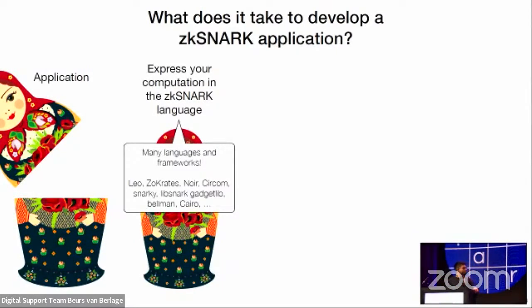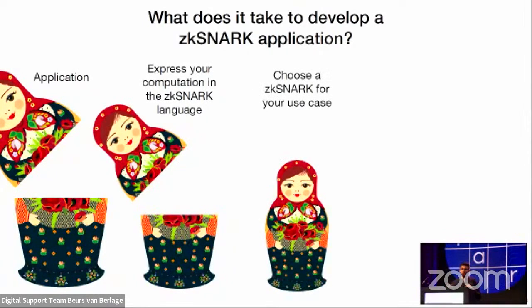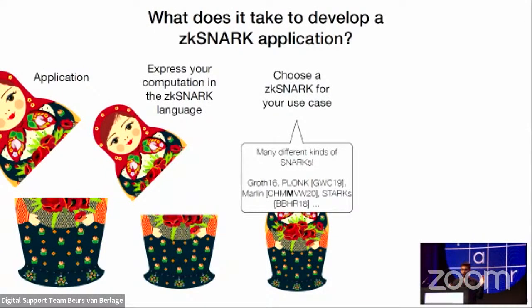So people have done this work, but there's a lot of libraries. So you have to figure out which one matches your use case and pick one, and then express your computation in that framework. But after you do this, your job is not done. You have to figure out which ZK SNARK you want to use, which one matches your use case. Do you want extremely fast provers? Do you want really small proof size? What is your constraint arising from your application? And there's a vast landscape of ZK SNARKs which offer different trade-offs along these dimensions. So you have to get yourself acquainted with these properties and these trade-offs and figure out which SNARK to pick.